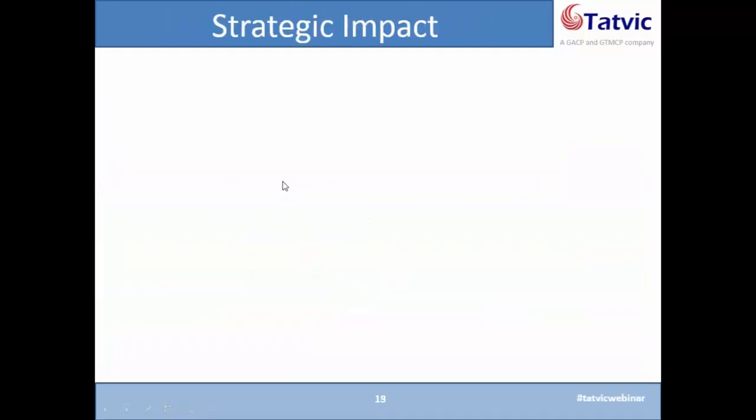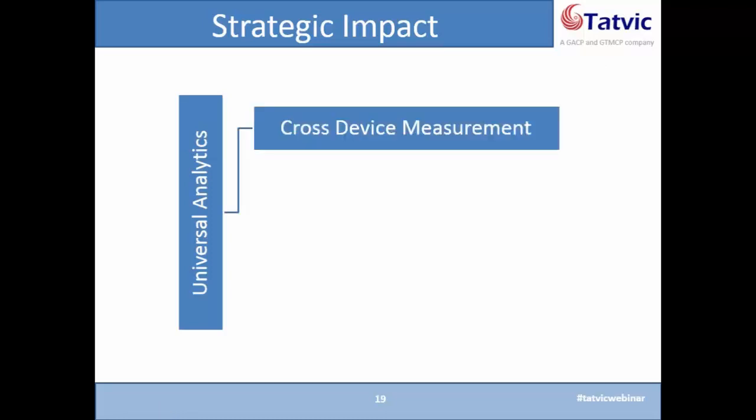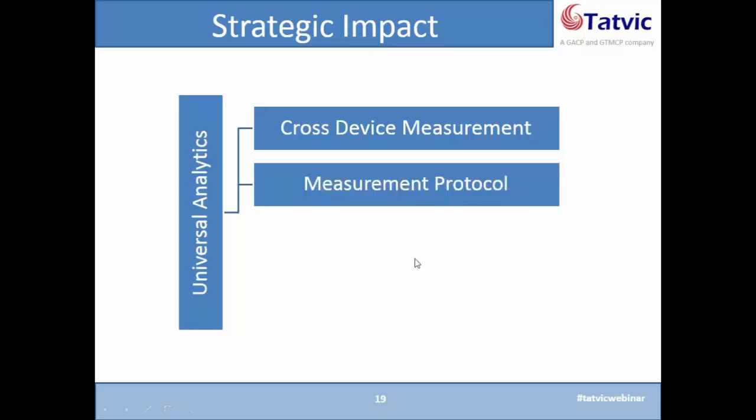Okay, so what we think is Universal Analytics has four main pillars on which all the upgrades exist. One of the pillars that we think is the cross-device measurement. To us, this is a very important pillar because using cross-device measurement, you can view the same users from a multi-device view. So you can see how different devices are driving conversions, for example whether a tablet is used for research and the desktop for the conversion. You can understand all these things with cross-device measurement. The second thing is the measurement protocol that Bhumika explained a bit as well, but essentially it means you can send data into Google Analytics programmatically, which is, you can write a code